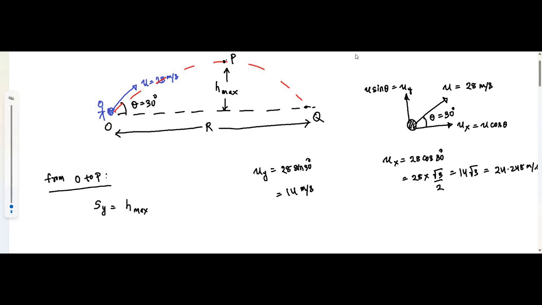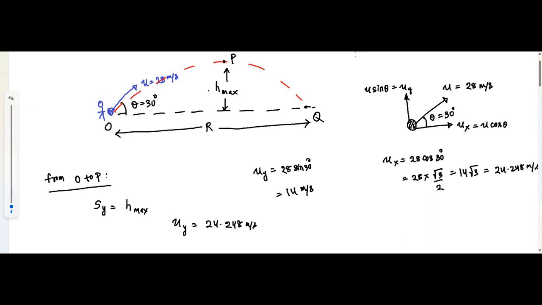Then we have uy is equal to 24.248 meter per second. Now for the journey from O to P, for the vertical motion, which is upwards,